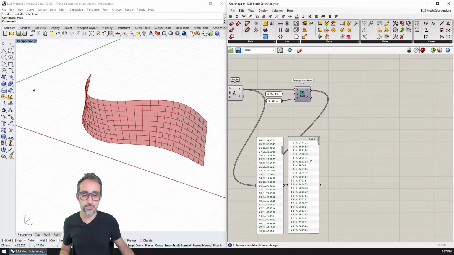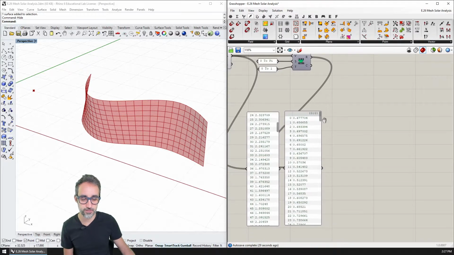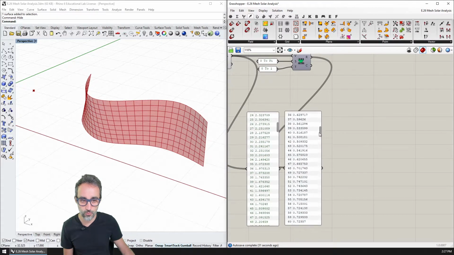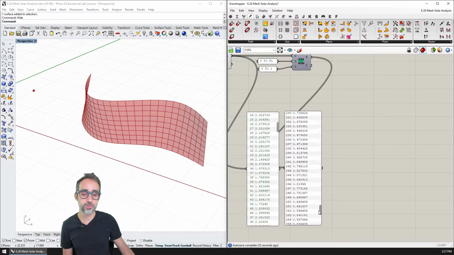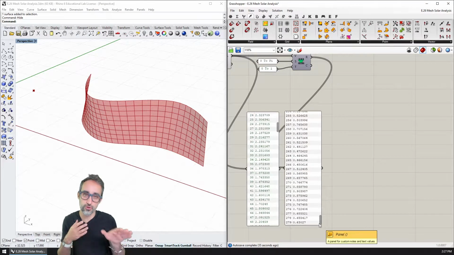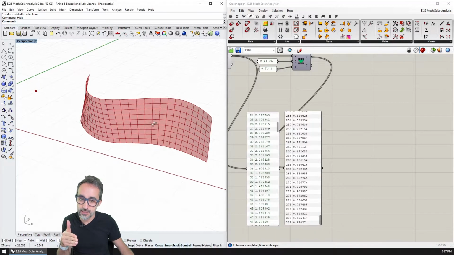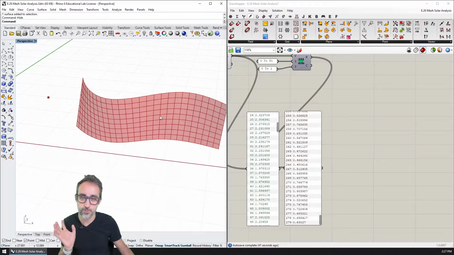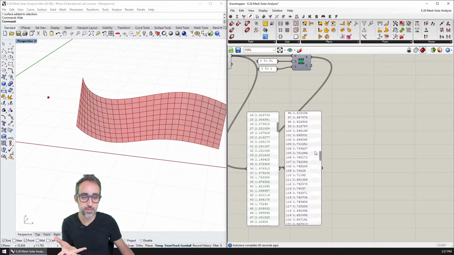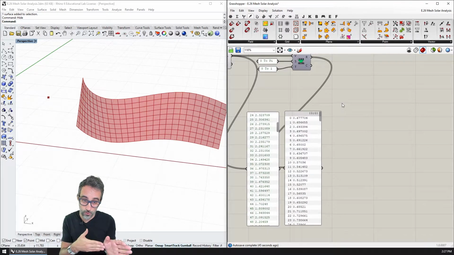Now I have a range of numbers that go from 0 to 1, which represent how strongly, how frontally the sun is hitting each one of the points on this mesh. This is what these numbers are representing.